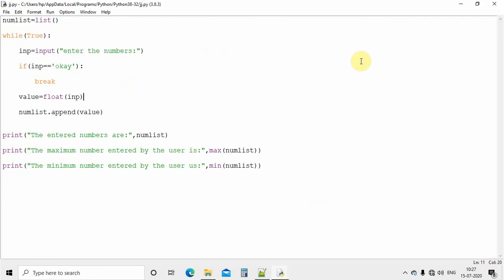So let me just explain the code once again. So num list equal to list of brackets. This will basically create an empty list, which has got no parameters inside. So we can append the elements to make the list complete. So I will take an infinite loop, then I will take the input from the user saying enter the numbers, and then I will check whether the user has entered OK or not. So if the user enters OK, then I will use the break statement to come out of this while loop,